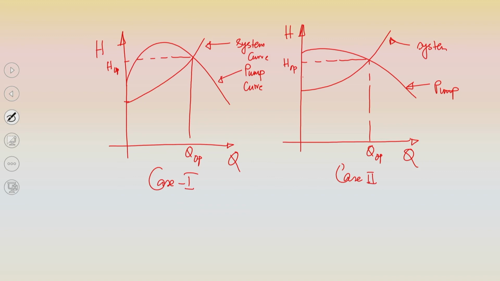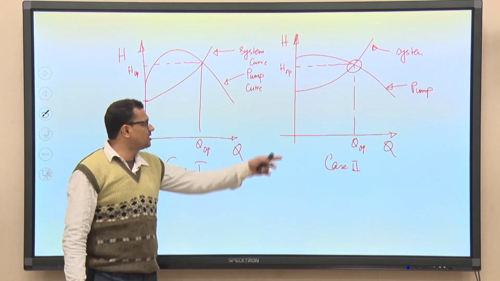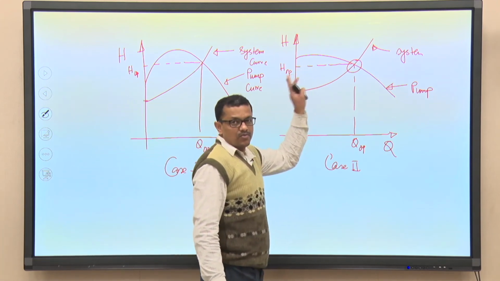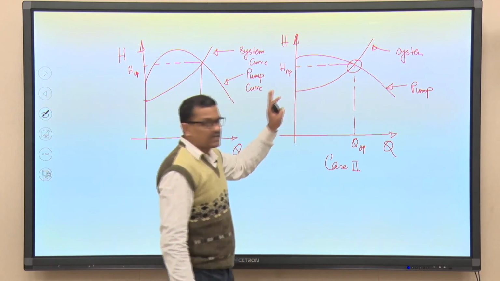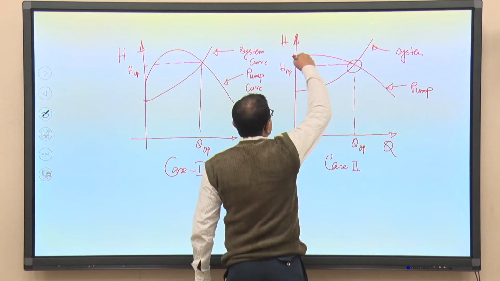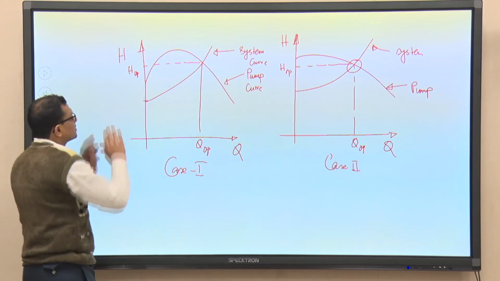For this particular case, there is no problem. You can easily see the operating point, that is the head and discharge corresponding to the operating point. Not only that, this curve is the most desirable, it has a continuously drooping characteristic,